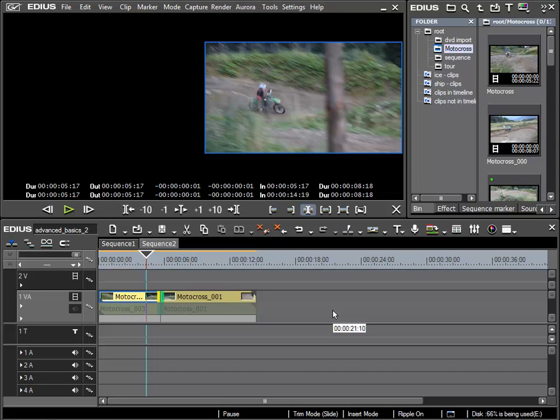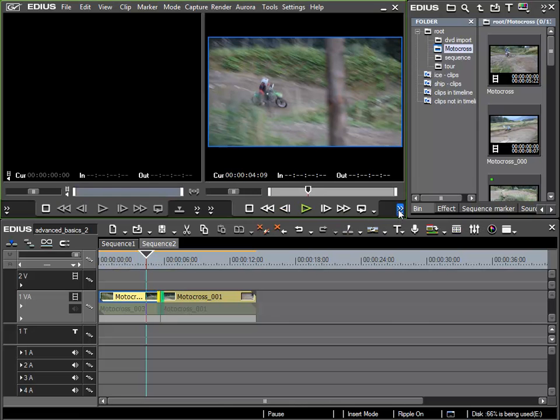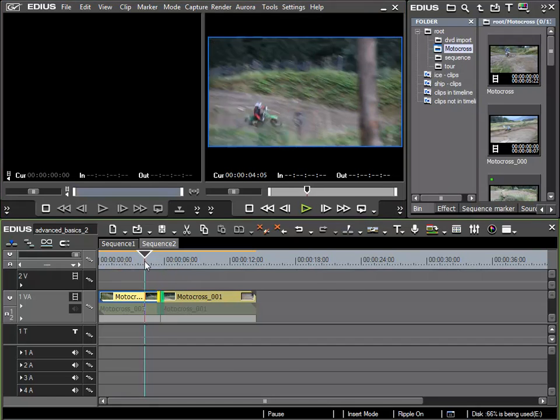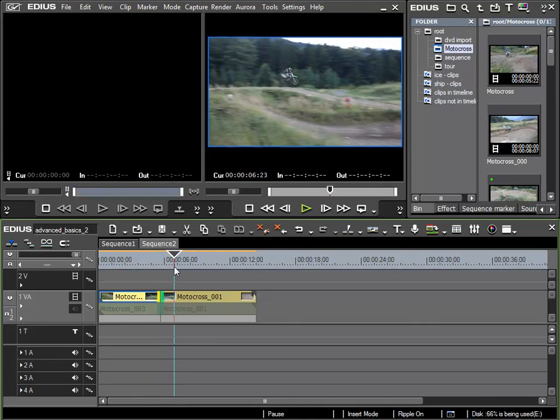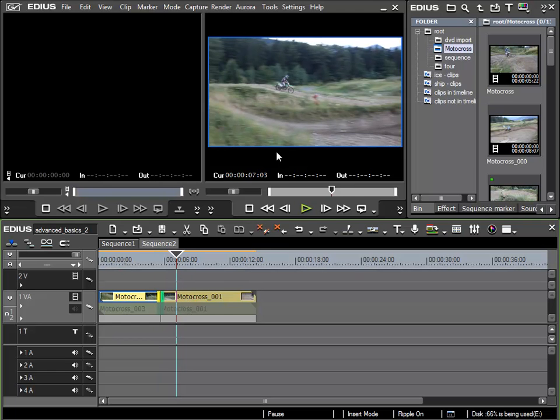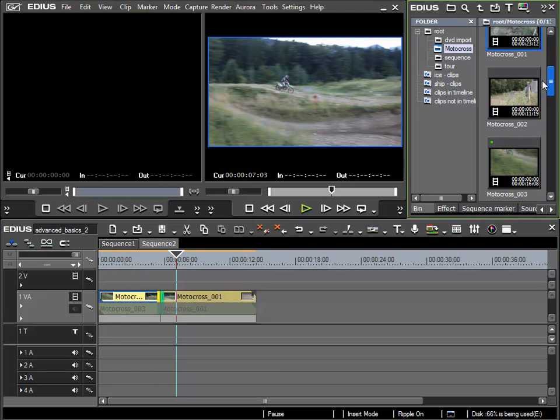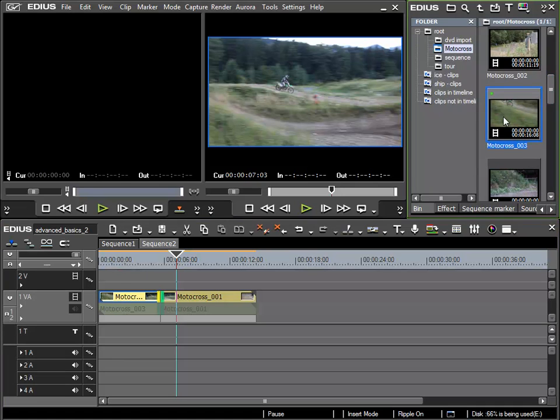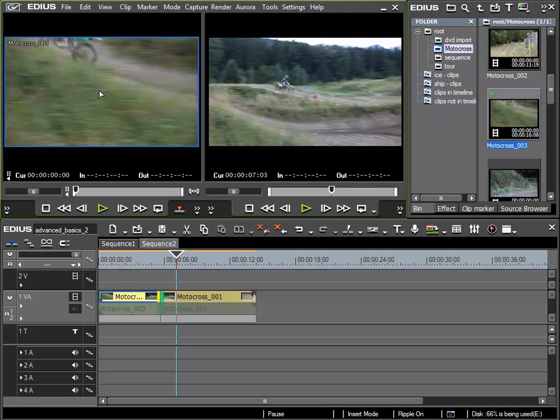Now, I'd like to present the next trim mode, this being the slip trim mode. And in order to do this, I'd like to drag a third clip into my timeline. To do this, I'll first close the trim editor and return to normal mode. If I look at the whole thing again, we can see that the rider jumps starting here, and when he lands, I'd like to go at this point back to clip 3. I'll find clip 3 from here, and by double clicking it, I open it in the preview window,